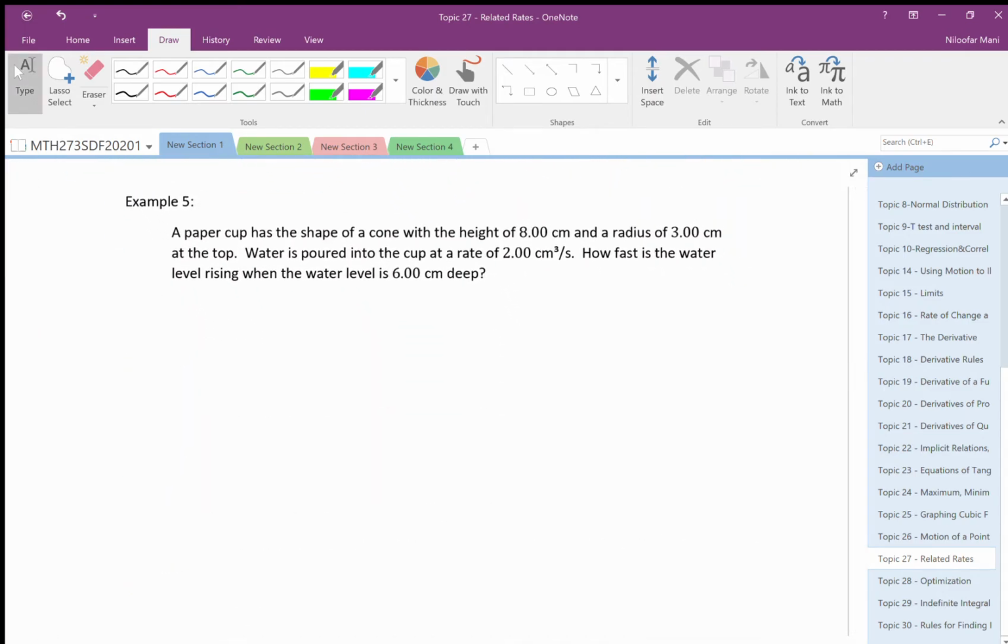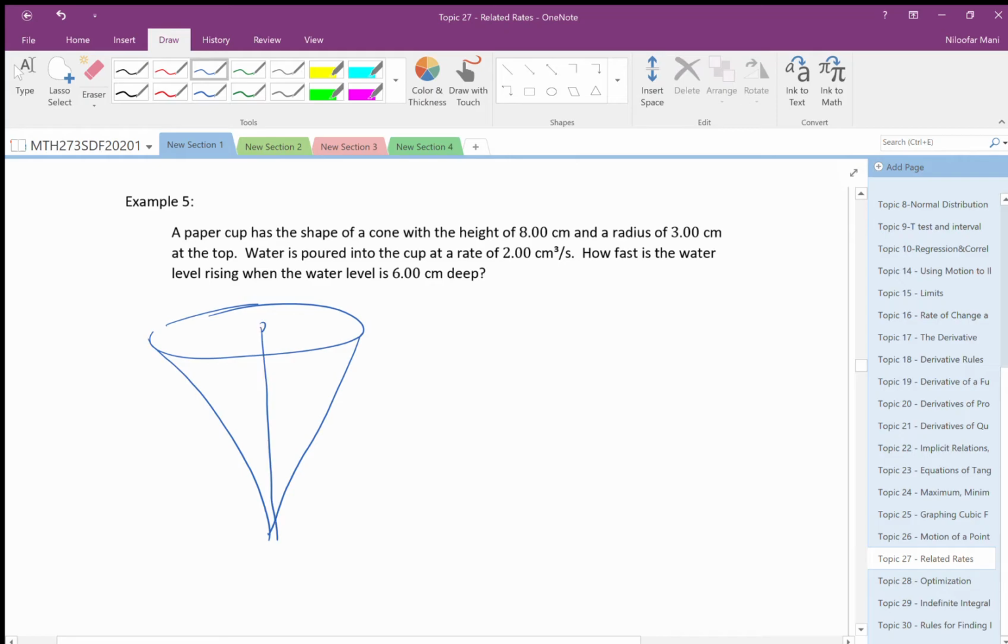The next question is very, very similar to question 3. A paper cup has the shape of a cone. The paper cup is here, has a shape of a cone. What is the height? 8. It is that, which is this one. And the radius is this one, 3 centimeter. Water is poured into the cup at this rate. Means